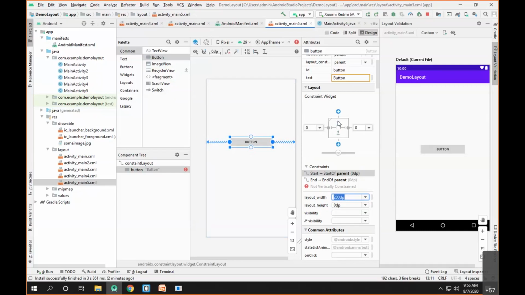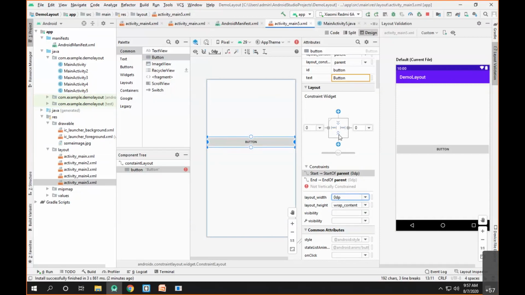Now, if I want to span this button across the parent, then I can simply click here and set it as match constraints. If I say match constraint, you can see this particular button is spanning across the width of the parent. So these are some important things.